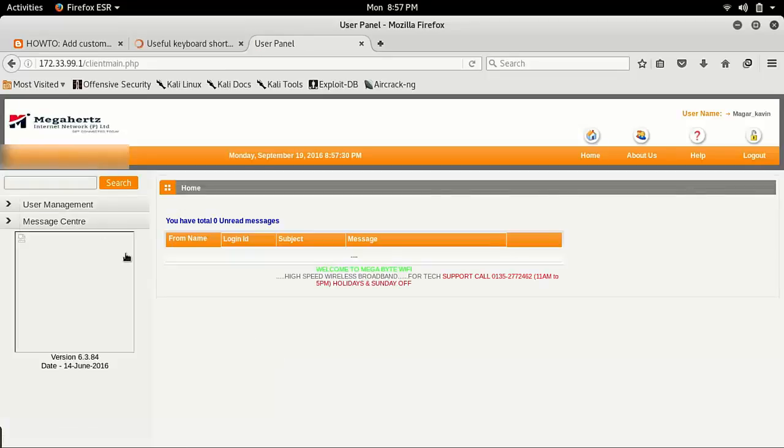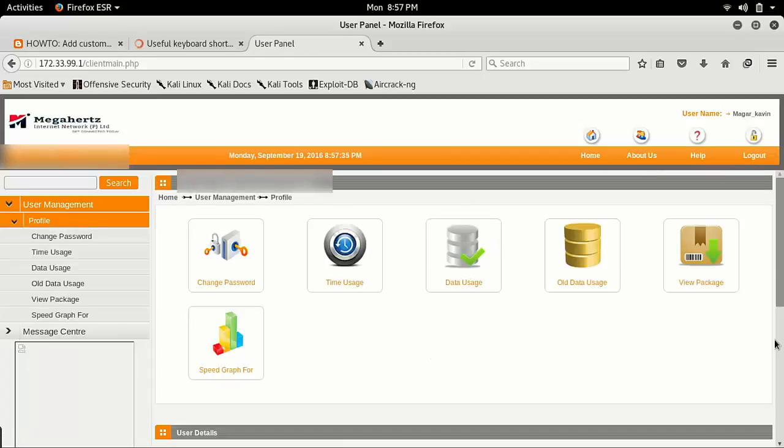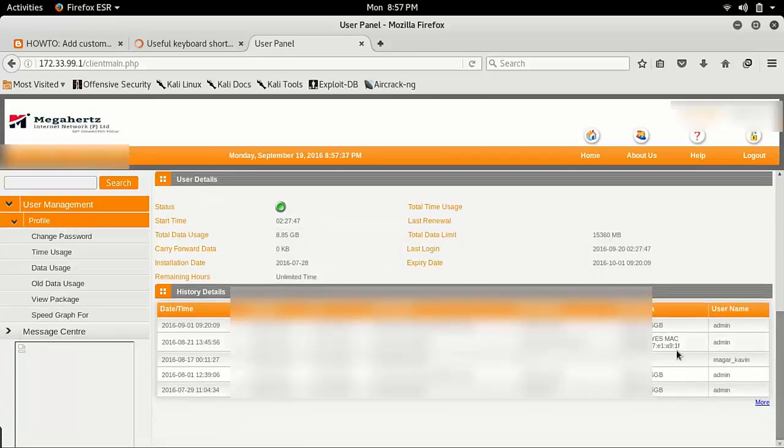In this account I have attached my MAC address. Let me show you where is my MAC address. This is the message, MAC bind. This is my MAC and it is bound to my account. So it means that any other user will not be able to log in, and I am unable to log in this account in another PC. I will also show you whether this MAC is of my PC or not.